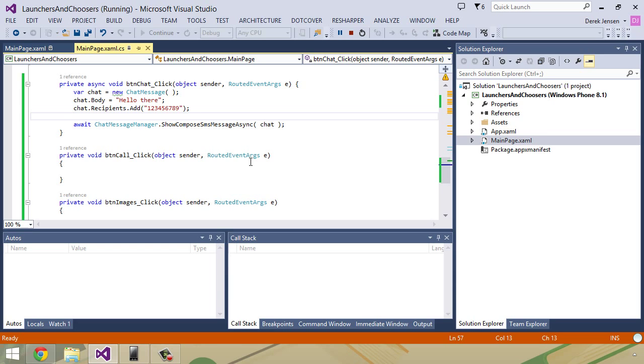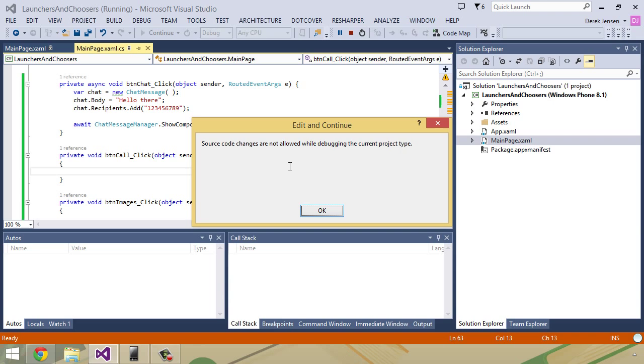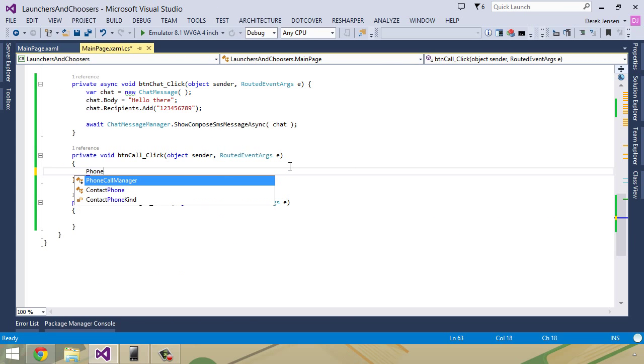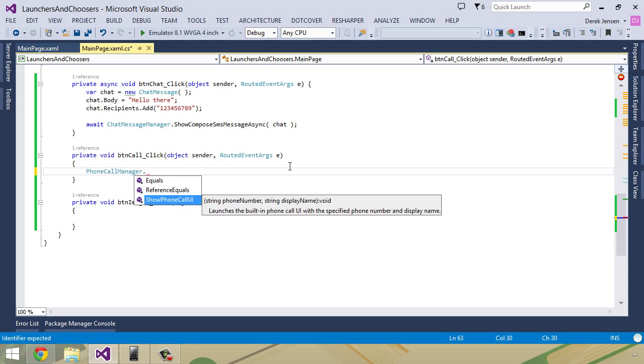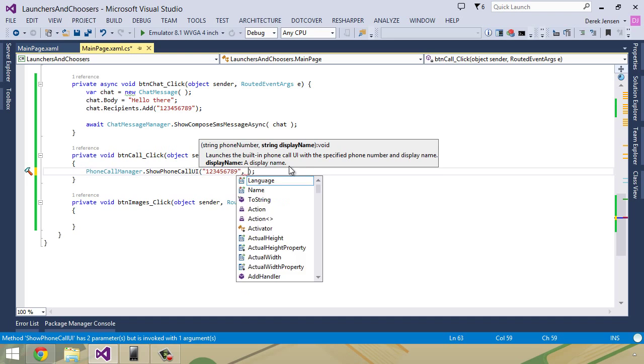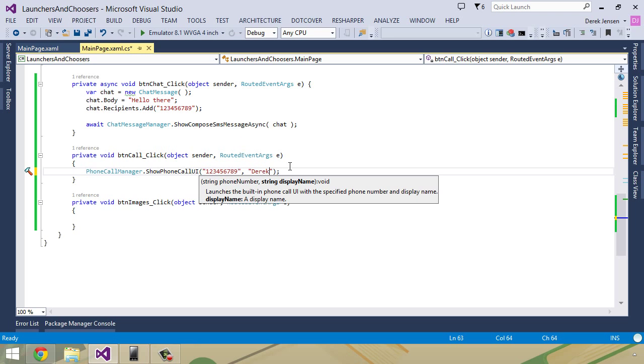So the way that we do that is very similar to how we did the chat example. We are going to use a piece of functionality called, I have to stop debugging here, the phone call manager this time, and I want to show the phone call UI, and I need to pass in a phone number and a display name. So in this case, we'll do the same thing. We'll say 1, 2, 3, 4, 5, 6, 7, 8, 9, and then we'll set as the display name Derek,